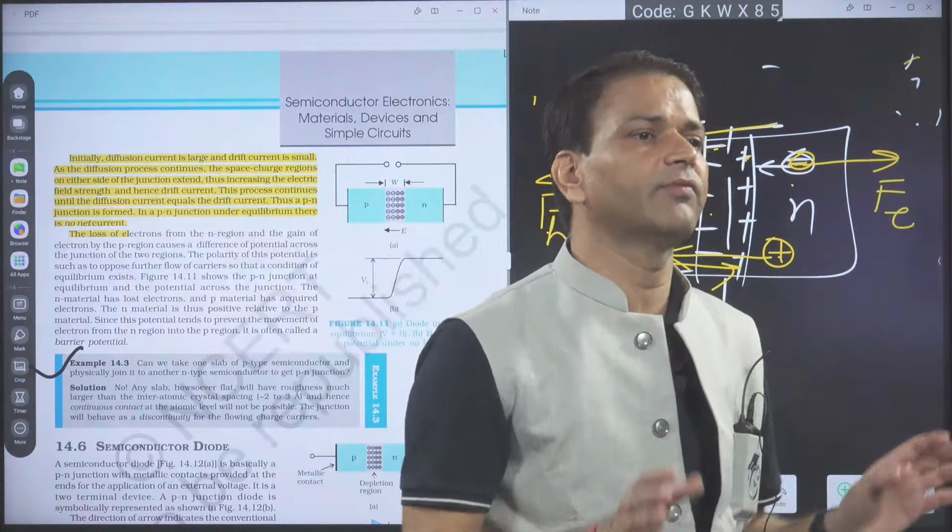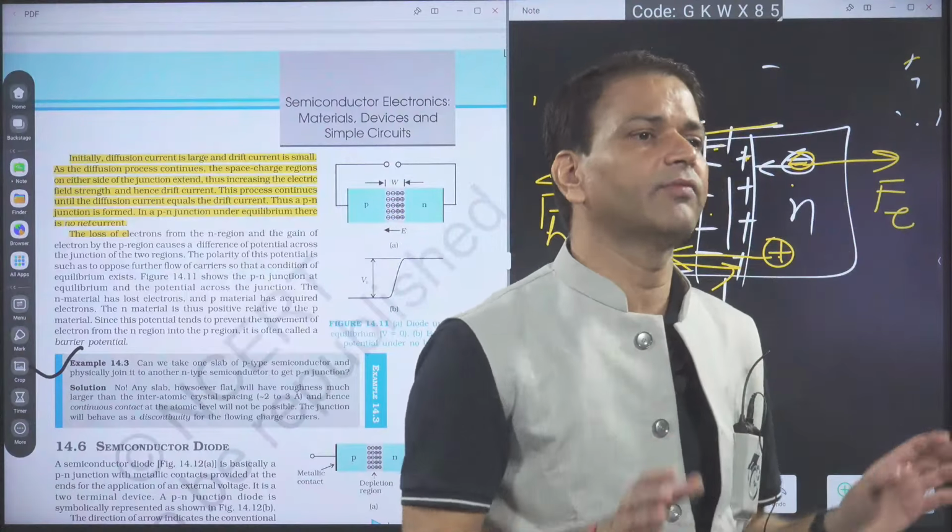Correspondingly we will find the delta I value, and remember that if it is a forward bias, don't forget to multiply with milli. Milli means 10 to the power minus 3, you have to take for the delta I. And if it is in the reverse bias, here it is micro, so then you will take 10 to the power minus 6. By delta V by delta I, we can find the dynamic resistance in that range.